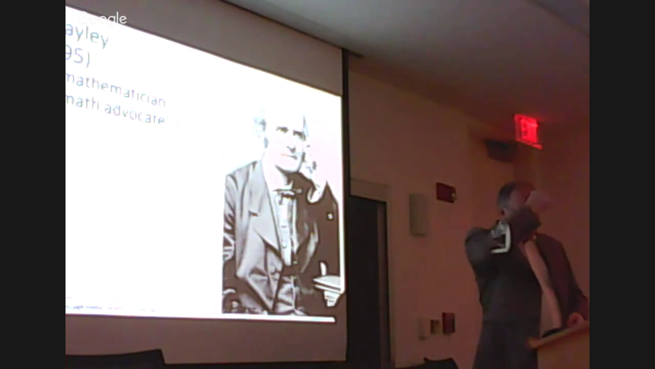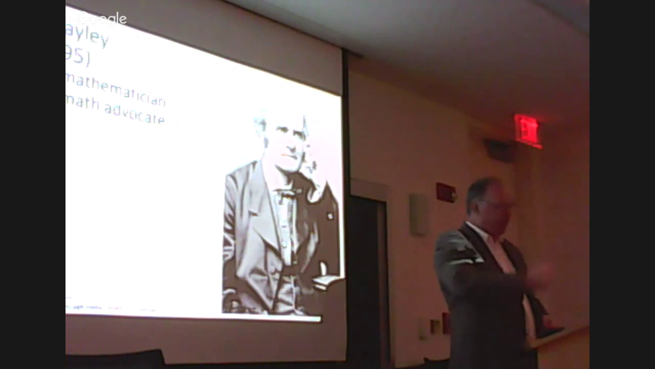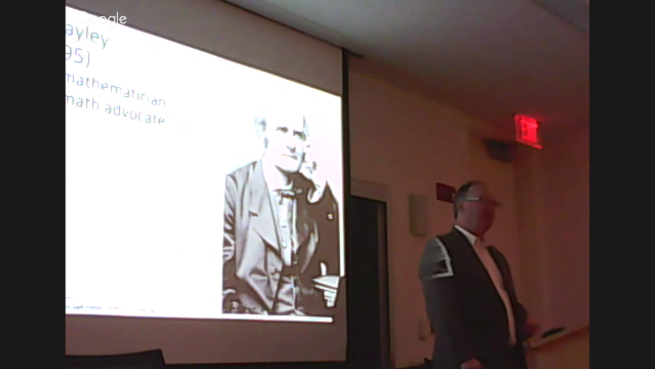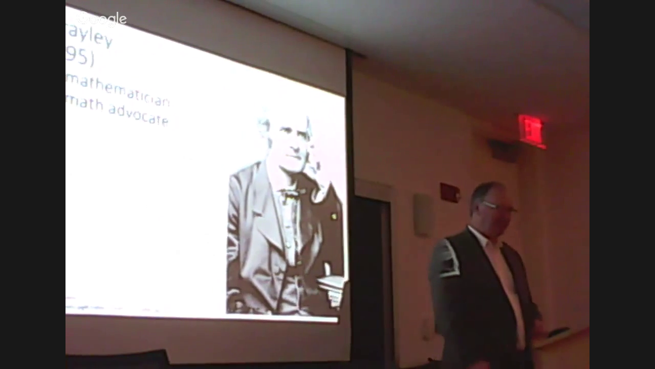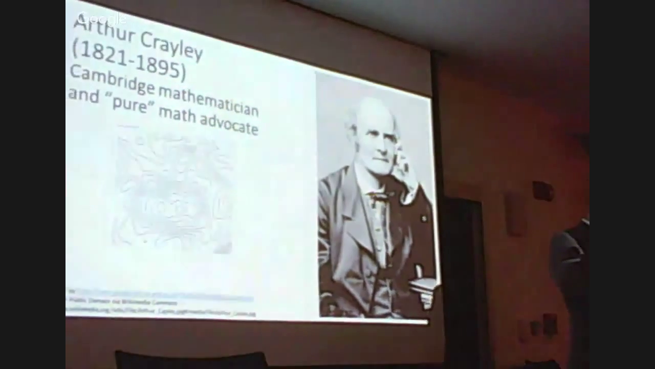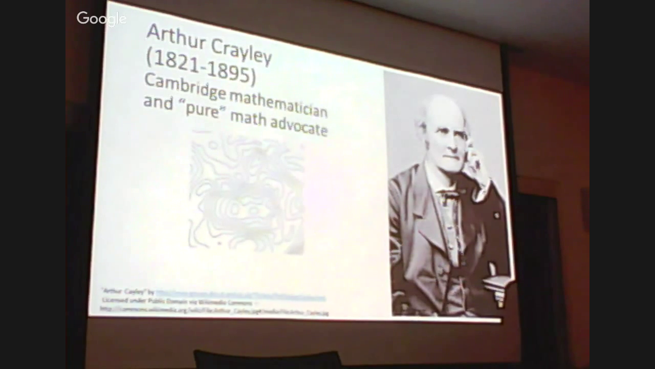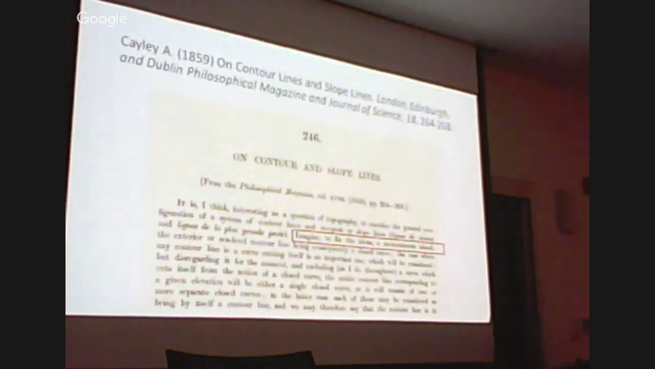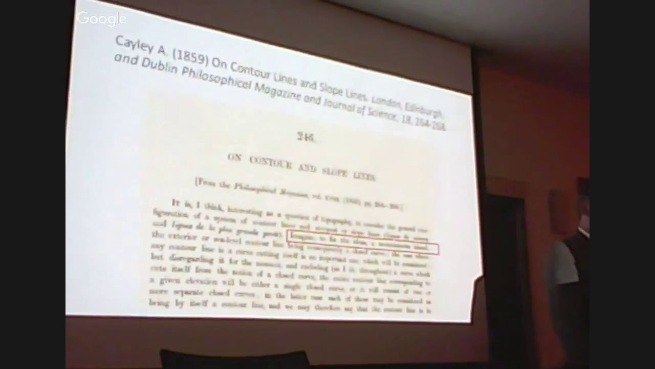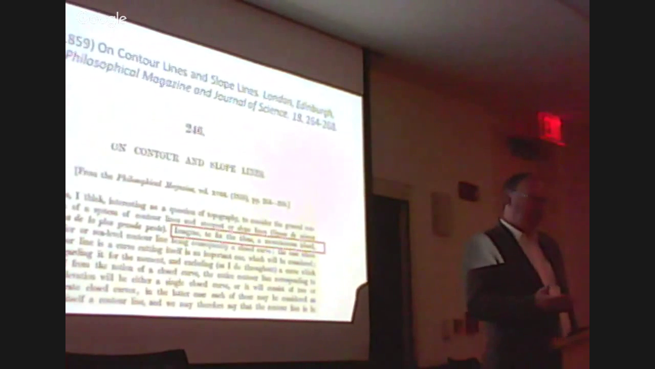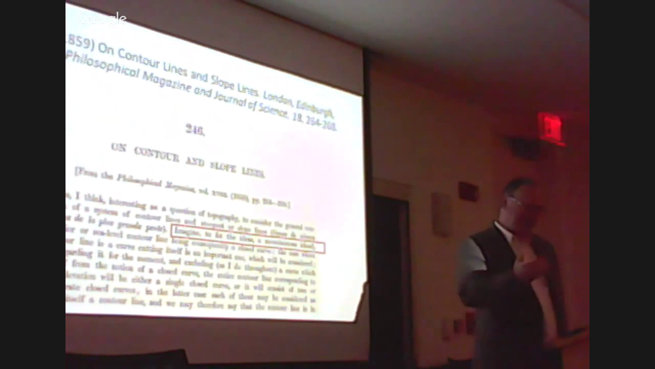This is work based primarily on work by Arthur Cayley, who really is the sort of founder of this work. He was a Cambridge, England mathematician. He was an advocate of pure mathematics and introduced this idea of thinking about topography as representing a surface, and the surface being a mathematical surface that could be subjected to abstraction. So his key work just follows the Civil War, 1859, on contour lines and slope lines in the Philosophical Magazine